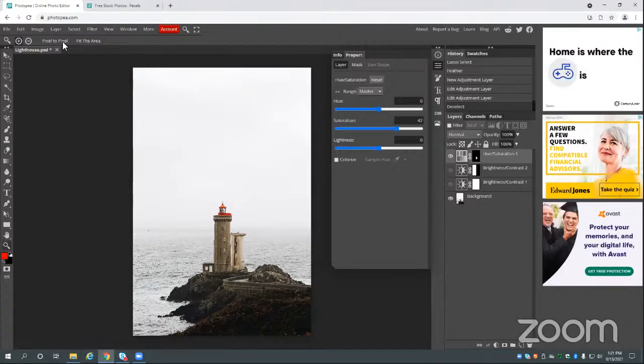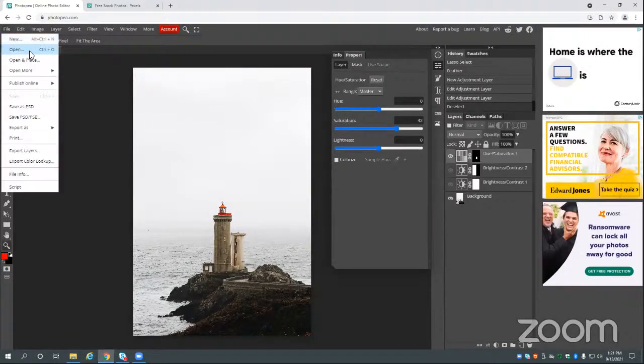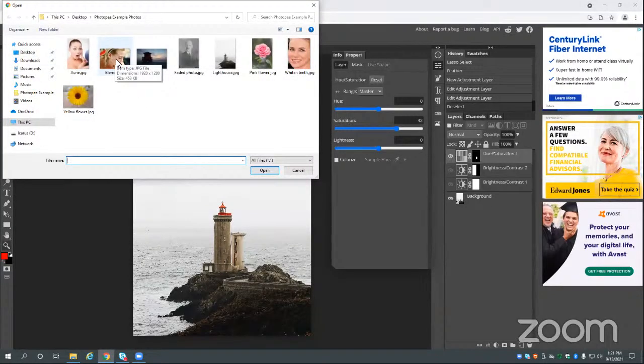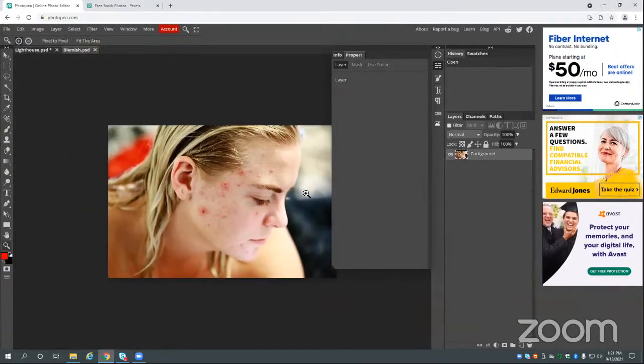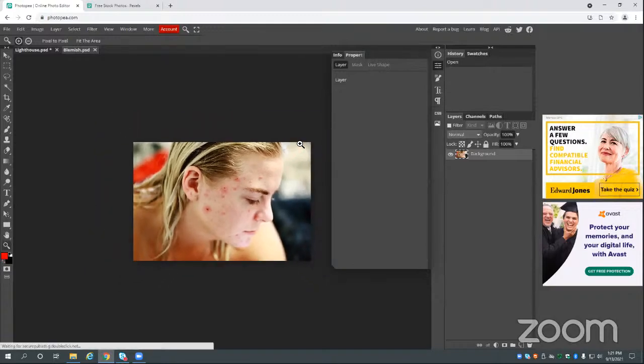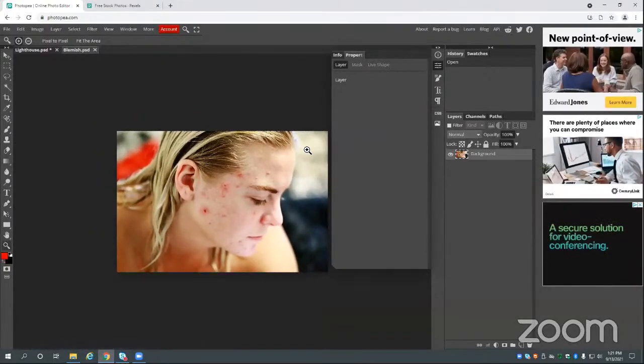So I'm gonna go ahead and go to File, Open, and I'm gonna go to Blemish. If you're feeling brave, you can always use your own photo. Otherwise, you can go to Pexels or Pixabay or Google Images to find something to work on. All right. First things first, whenever we are editing with the spot healing tool or clone stamp tool, anything like